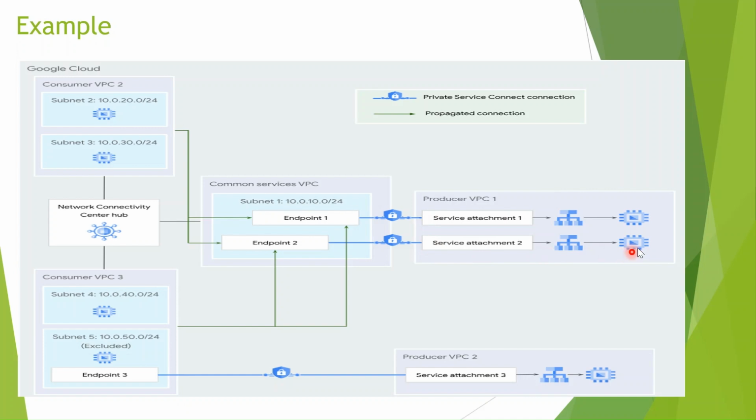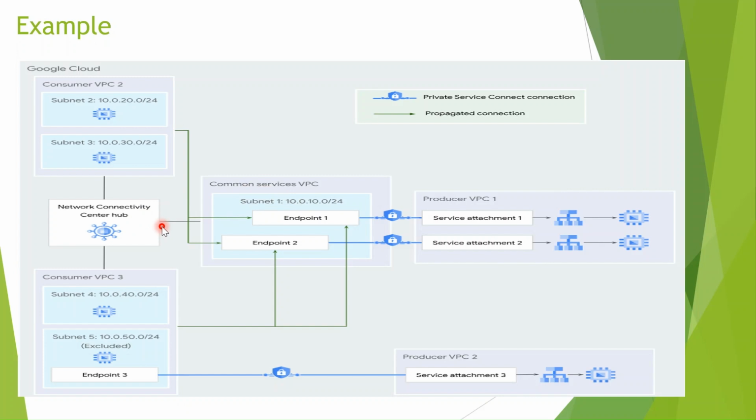So there's a producer VPC, that is my VPC project one, which is hosting a web application. Service VPC is consuming that, and after that we added that VPC to the hub as a spoke, and then we add a new VPC which is also a spoke in our hub. After that, this VPC is able to use these endpoints. So basically we don't have to create multiple connections from this VPC. Basically only create a common VPC, create all the connections there, and just add the consumer VPC as a spoke and that common services VPC as a spoke, and they can use all these things.